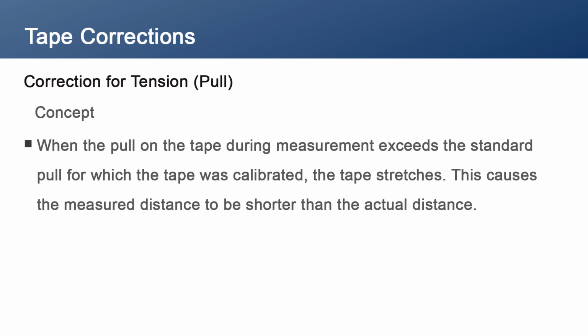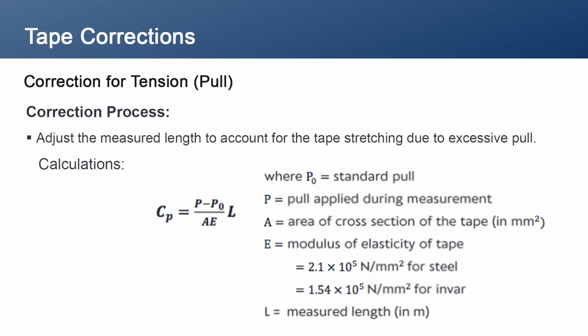So, if you are not careful and pull too hard, you might think you have measured accurately, but your final numbers will be slightly less than they should be. So, the pull correction is given by Cp is equal to (P minus P naught) by AE into L, where P naught is the standard pull, P is the applied pull,